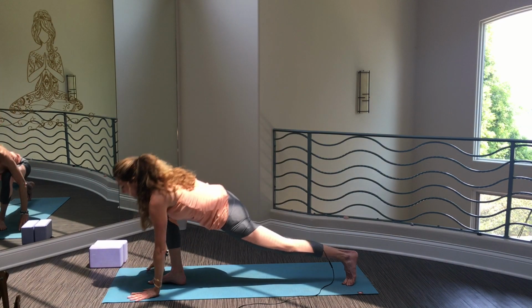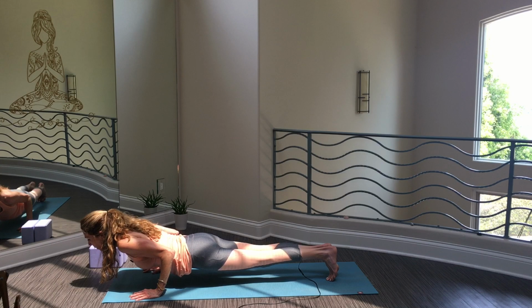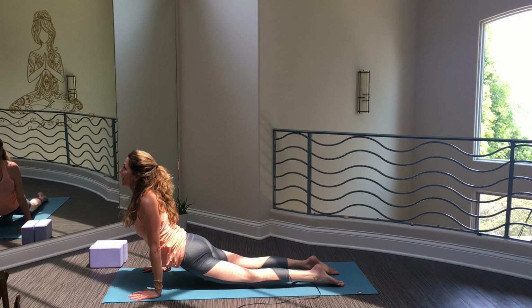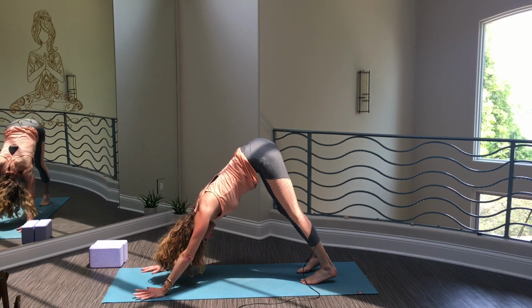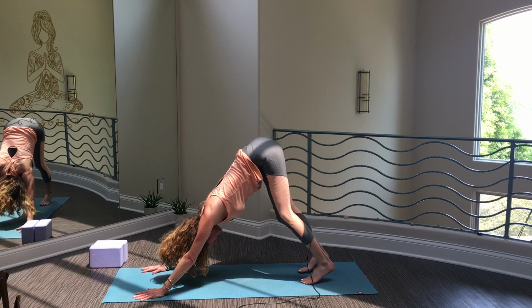Windmill the hands down, chaturanga, plank. Exhale to lower. Inhale, back bend. Shoulders drawing together. Exhale, down dog. Pause for breath. Stretch that tailbone long. Sides of your waist are